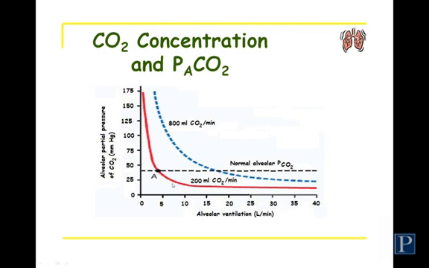Well, what about the effects of changes in excretion? During exercise, if I increase the excretion rate of CO2 to say 800 mils of CO2 per minute, what would be the effects of that on the partial pressure of CO2 in the alveoli? Well, what if I do not change ventilation? If I don't change ventilation, but I increase the excretion rate, my partial pressure of CO2 is going to be way high. But we said we normally always try to match ventilation with changes in gas exchange. So what's going to happen in real life when your excretion rate of CO2 goes up? You will increase ventilation to the point where that CO2 in the alveoli is still going to be 40 millimeters